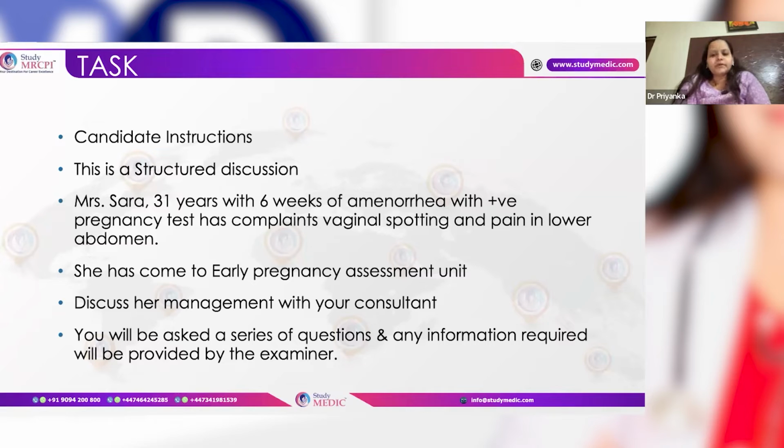Then coming to the obstetric history, I want to know whether this is a first pregnancy, and especially if she has any previous history of ectopic pregnancy, because as she is having a positive pregnancy test with vaginal spotting and pain in the lower abdomen, I want to rule out ectopic pregnancy. After that, I want to ask about her cervical smear history. Are they up to date? Because that can also cause spotting per vagina.